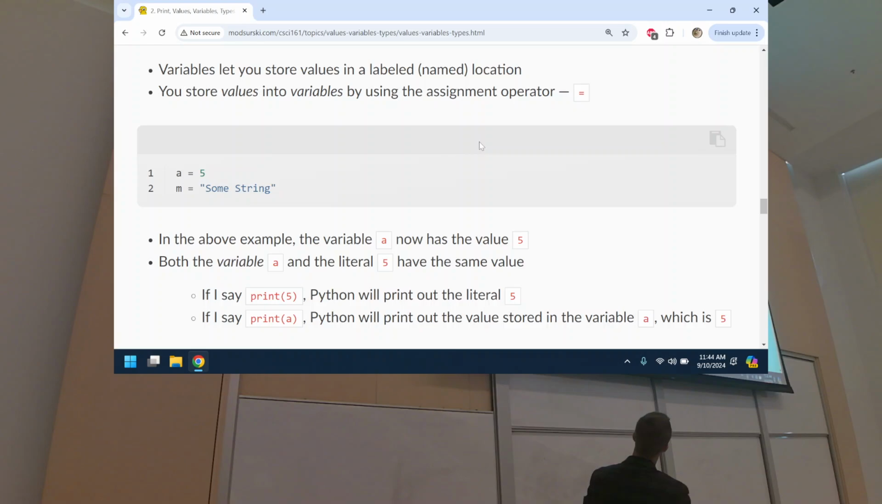So those are both variables. After this code is run, A, it's a variable, but it has a value associated with it currently. It's 5. M is a variable, and it has a value associated with it, the string, some string. So both variable A,